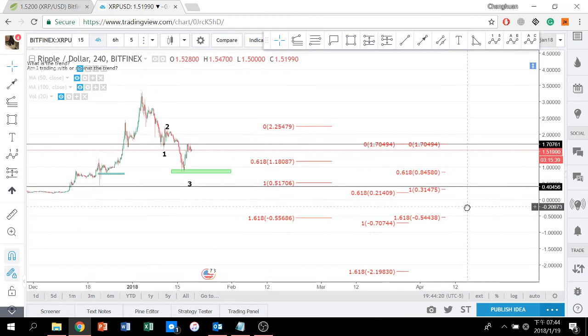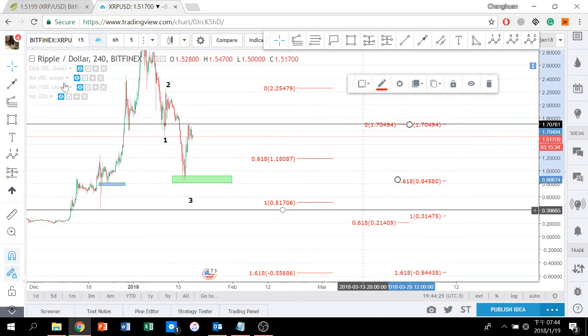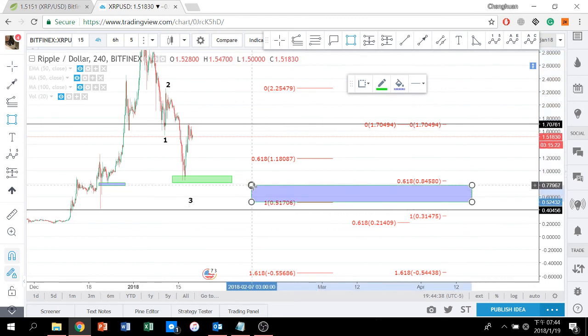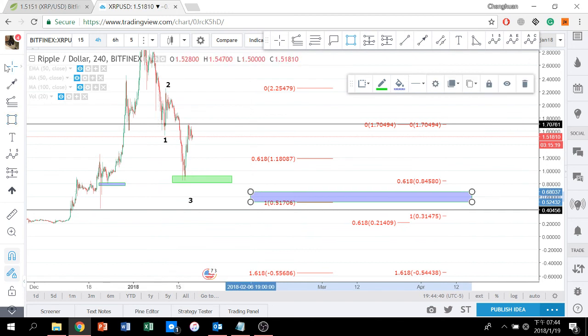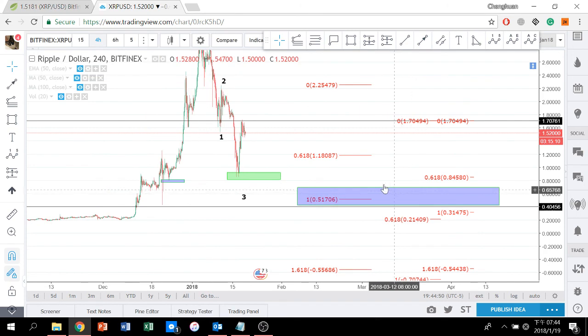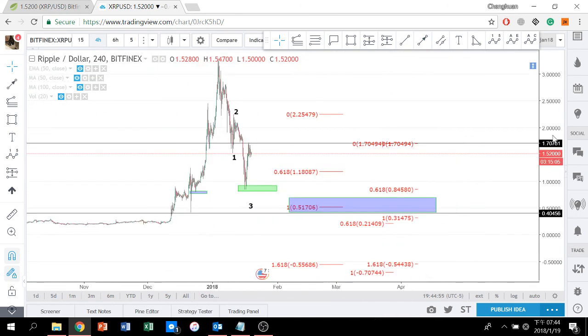So I would say this is a rather strong zone of confluence. 0.618 retracement. I don't think it will drop below 30 cents again, but it's certainly a possibility. So this is probably going to be my buy zone, right? Somewhere around here, probably all the way down to 40 cents. We will see. But anyways, anywhere below this will be a good buy because I expect a very strong bounce back from wherever it ends.